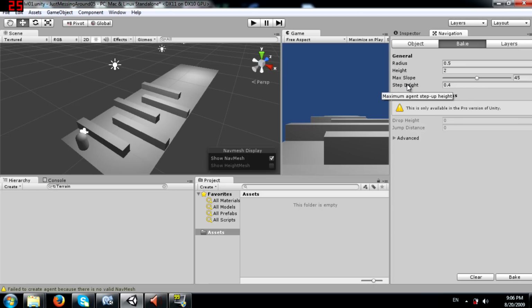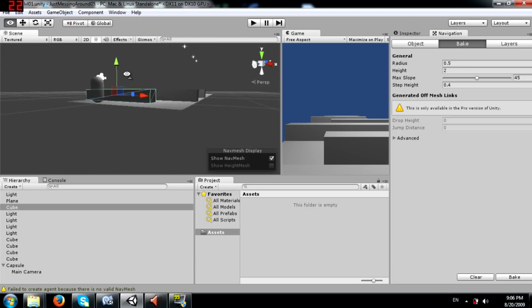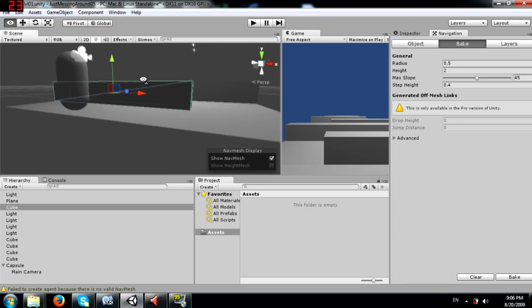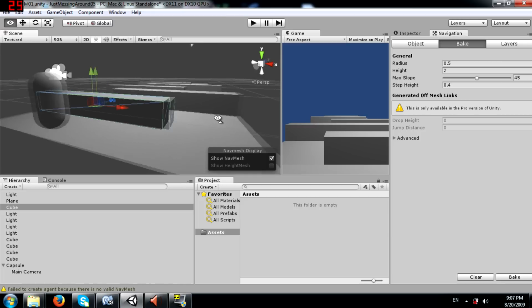Step height determines how high a step can be before it actually starts to block a character. For example, something like this. We wouldn't want the character to step over something that's this high. Of course, we can change the value here and then give the character the capability to actually use that as a step